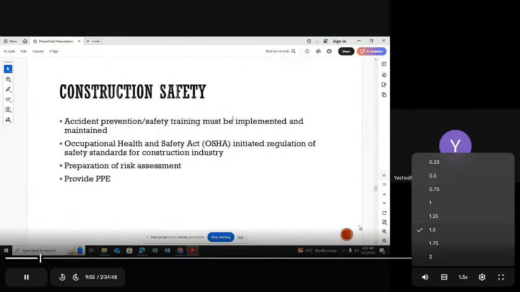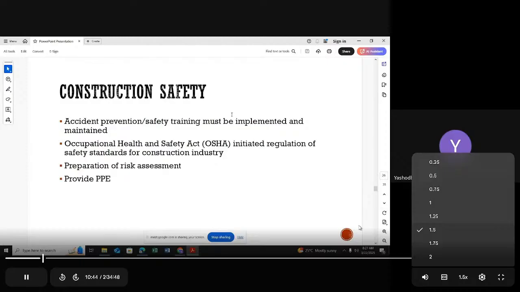Now I'm on the next topic, construction safety. This is not a good statement to share with students, from my side as a professional in the industry. It is not a good thing to tell you, but we all know it is not a secret: the construction industry is a very hazardous place. As a professional in the industry, it is not suitable to say that to my students, but we all know it is not a secret. The construction industry is a hazardous place.